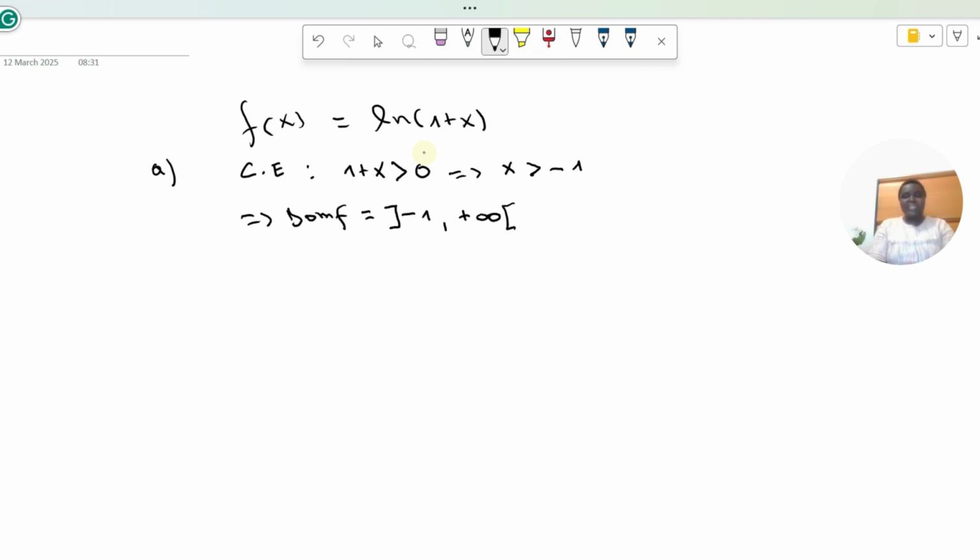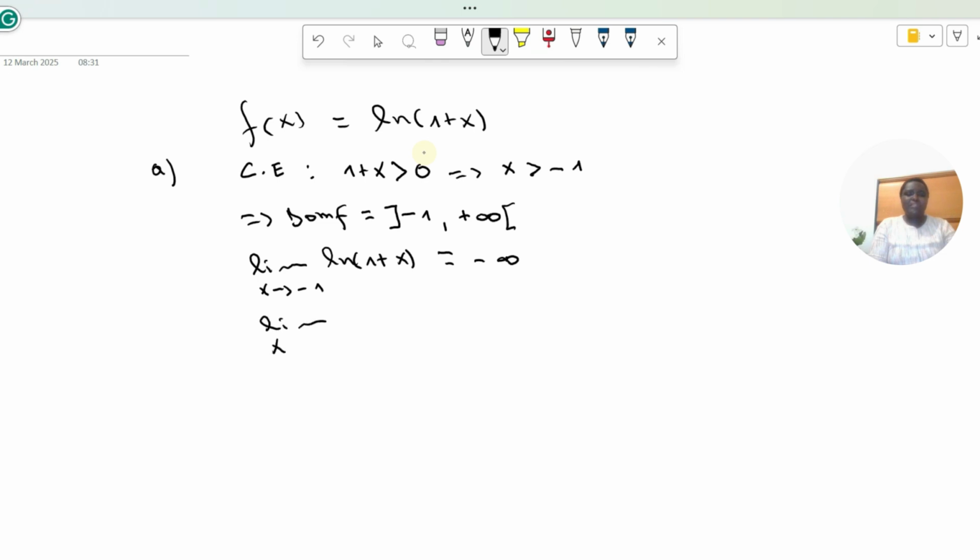And how do we get the range? This is the domain of definition, but we are also asked to compute the range of this function. But how do we get the range? Normally, to get the range of this function, we compute the limit of extreme values, then limit of this function when x tends to -1. Limit of ln of 1 plus x when x tends to -1. So you can see that this will be equal to ln of 0, which tends to -infinity. And the